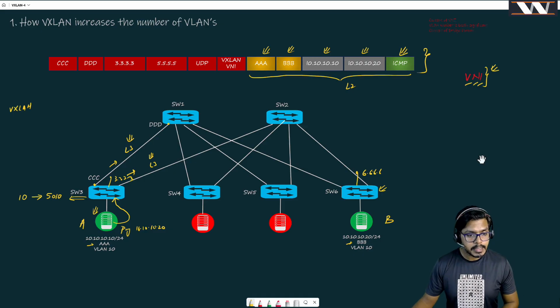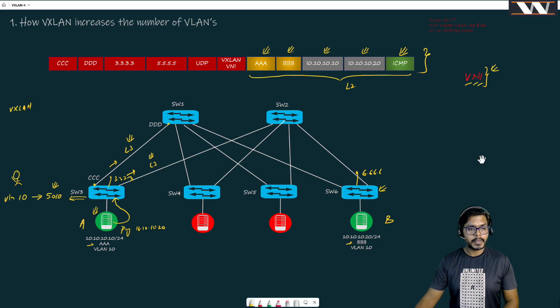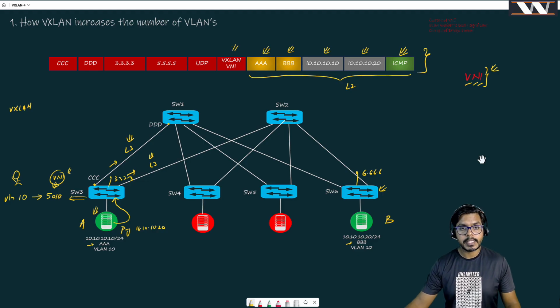Switch 3 sees that this message is coming from VLAN number 10. Interesting. But some intelligent guy is saying that your VLAN number 10 is equivalent to 5010. And by the way, this is the VNI, or virtual network identifier. This number is known as VNI, which you can put in this VXLAN header as a number. And this number is going to be 5010. Interesting,